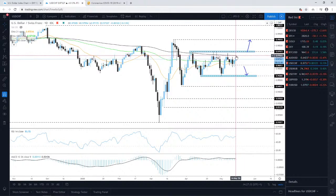However, as you can see, the important obstacle to overcome here is this 200 EMA, which continues to hold the rate lower. Although we are getting a few overshoots, still it's not allowing a close of the daily candle above it. So from the very short-term perspective, we are still leaning a little bit more to the upside. We'll get more comfortable with higher levels if we start seeing a daily close above this 200-day EMA,